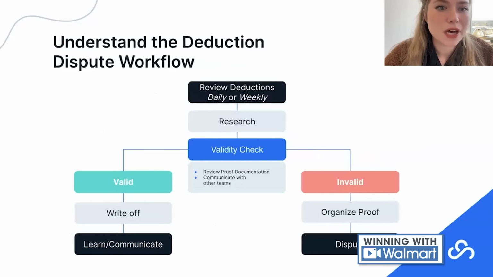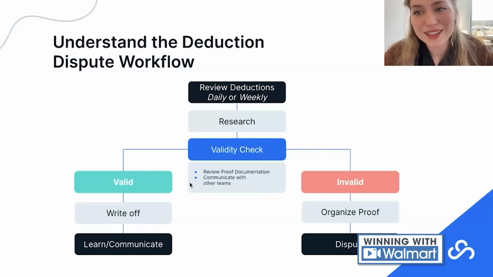Okay. So this is just the deduction dispute workflow, and that webinar that Allie sent in the chat on shortages is going to cover this in really great detail. So check that out if you have any questions, but just at a high level, you're going to want to review your deductions daily or weekly, research those items, and do a validity check. So decide, okay, is this actually a valid dispute? Like, did I actually do this? And did my company do this? If it is, I'm going to want to write it off, learn and communicate,